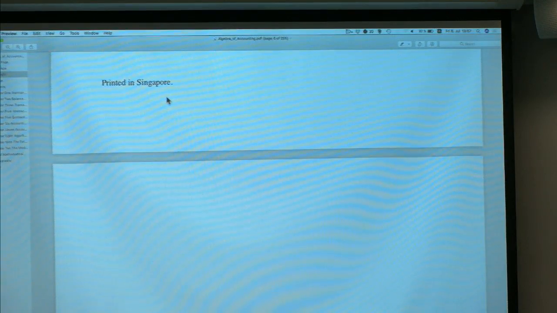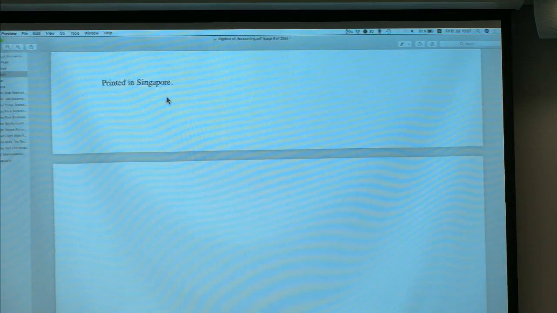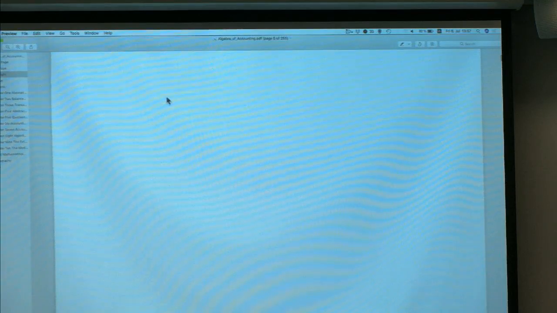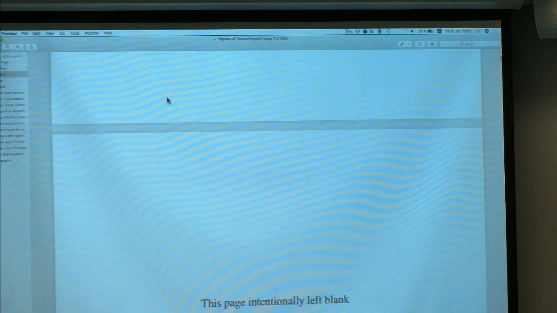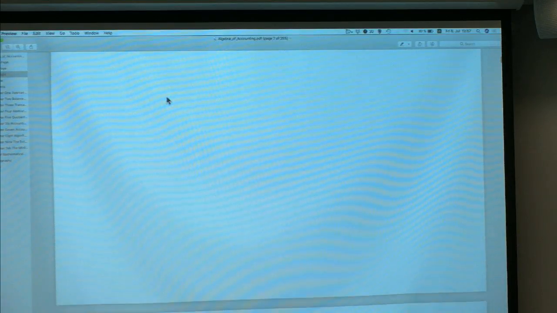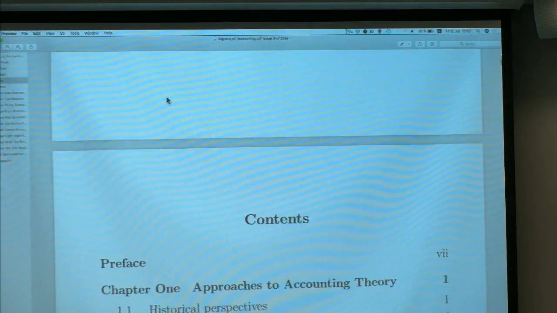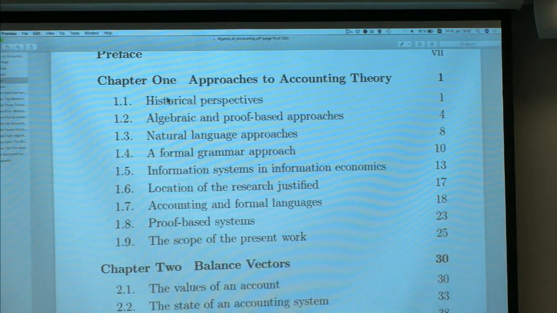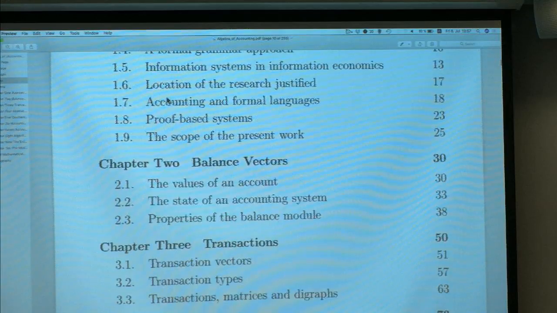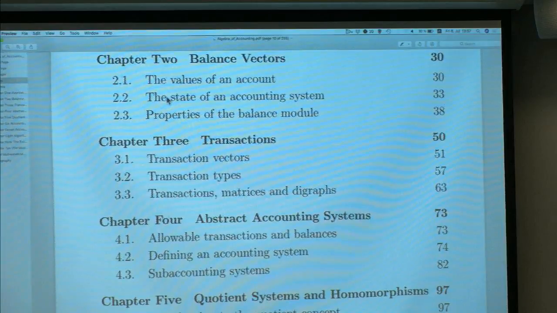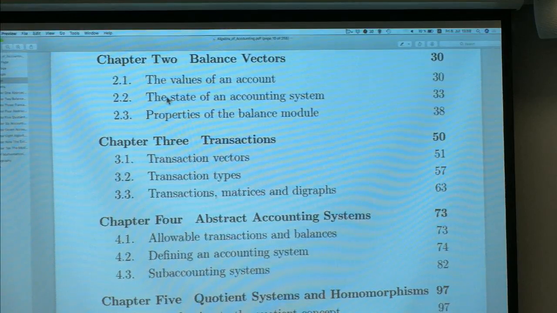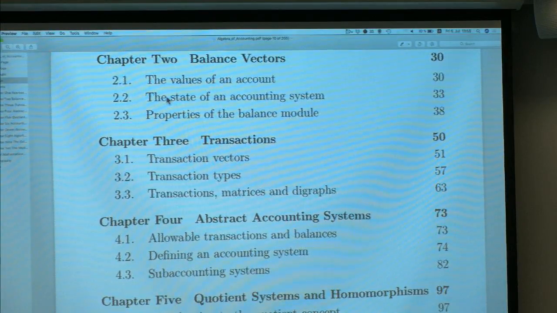One reason why I wanted to put the book here is to make really clear that nothing of what I'm going to say is from me. The other reason is that I wrote some notes, but I thought it's actually easier to just put up the table of contents instead of looking at my own notes. So chapter 1 is just some overview. Mathematically, it starts in chapter 2.